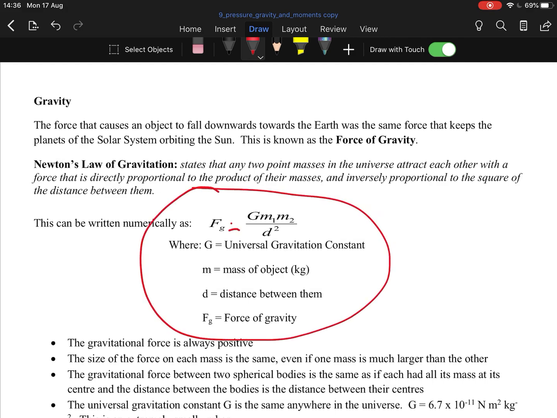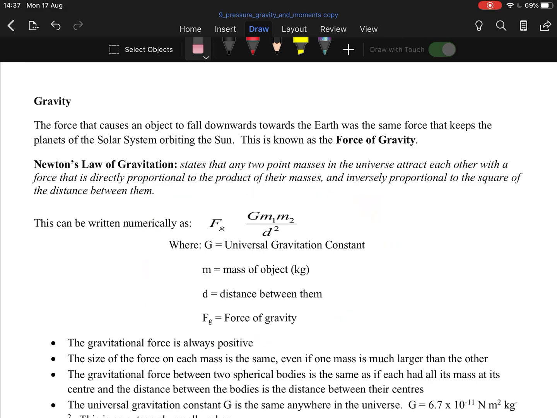This is in the log tables. Fg equals G m1 m2 over d squared. G is the universal gravitational constant, m is the mass of the object, d is the distance, and F is the force of gravity. It's the exact same thing, you see? It states that, oops, pen's dying,